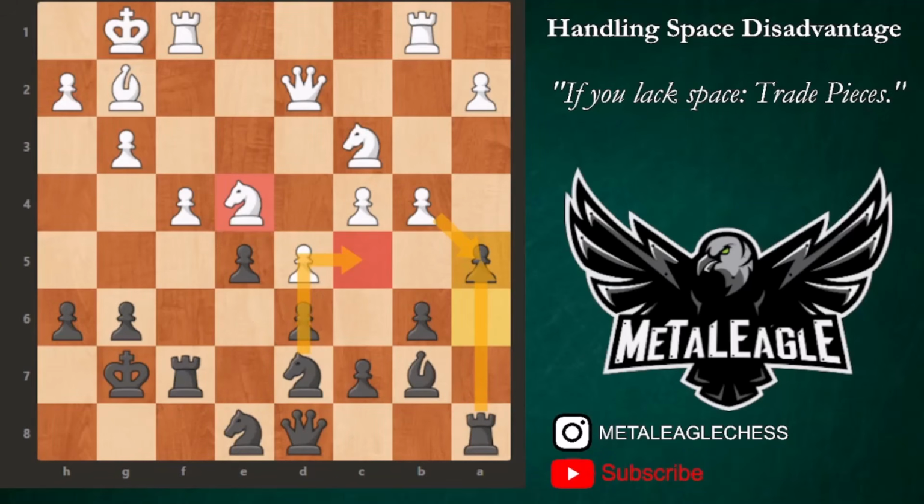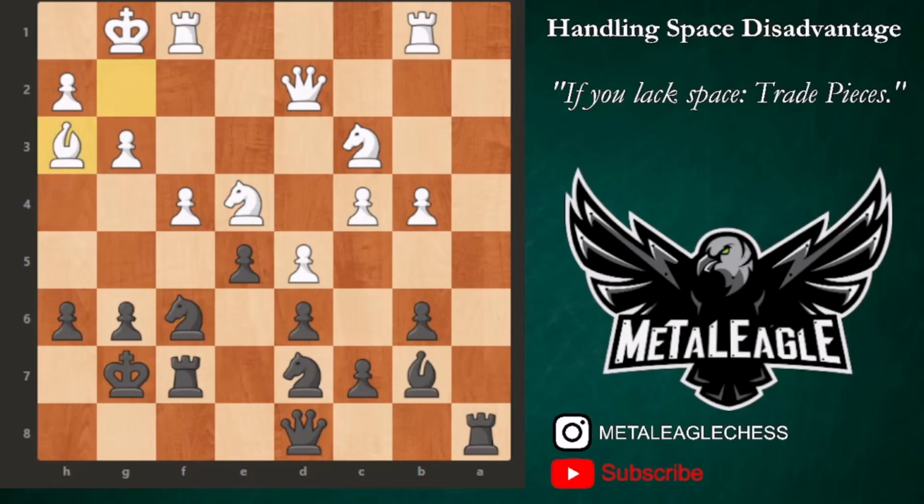If White rejects the idea and simply plays a3, Black still wants to free up space, right? So he captures the pawn still with a takes b4 and a takes b4. And then knight e to f6, making the other knight active and seeking to exchange White's centralized active knight on e4. If White plays bishop to h3, looking at this weakness on the light square right there,